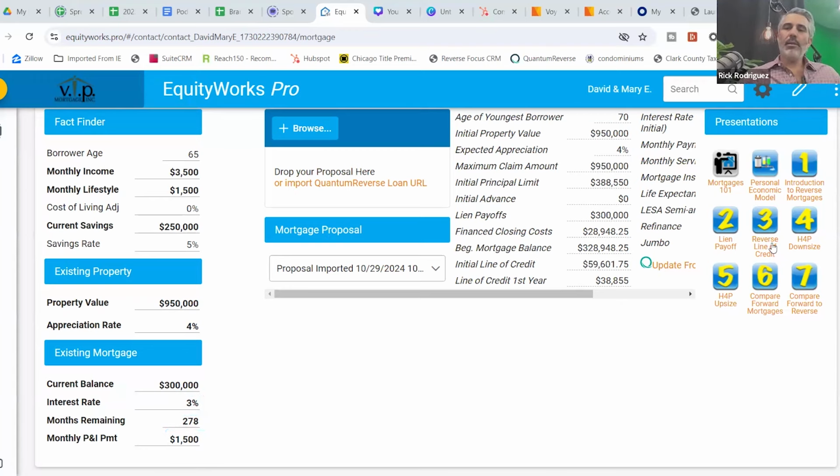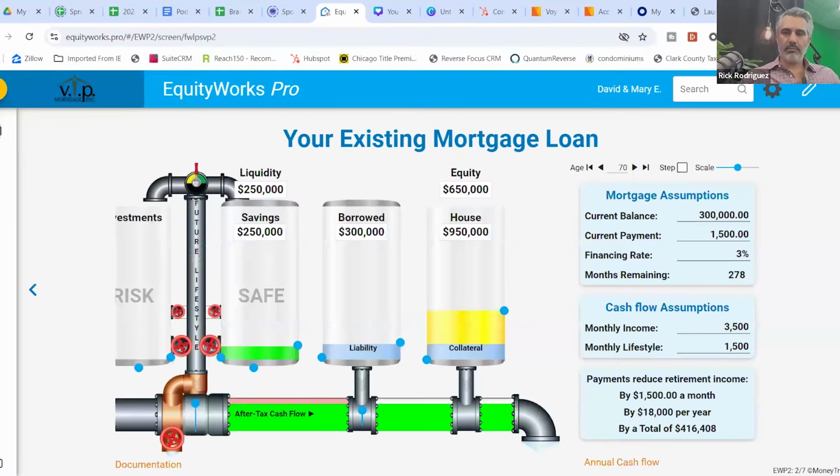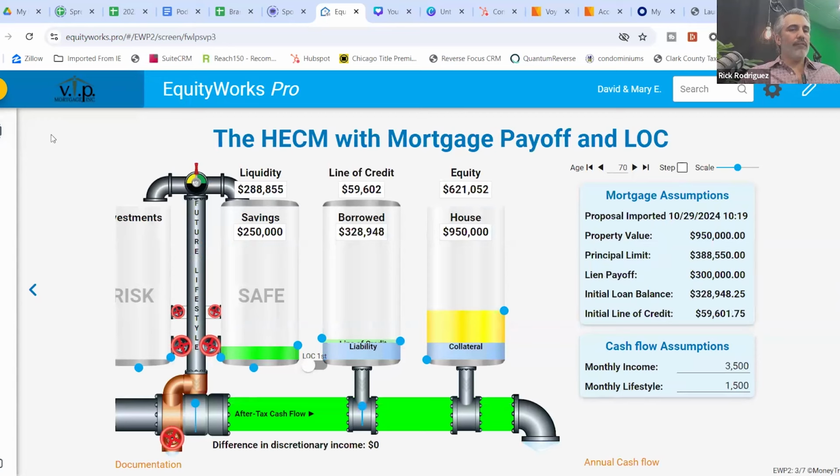Now, if we put a reverse mortgage in place, what they're going to qualify for, number one, is to eliminate the existing mortgage payment on the $300,000 balance. That's benefit number one with the reverse mortgage. Based on their age and current interest rates, they qualify for a maximum principal limit, which is another word for reverse mortgage loan amount, of $388,550. After we deduct the existing balance and the cost of setting up the reverse mortgage, which are about $28,000 based on a home value of $950,000,